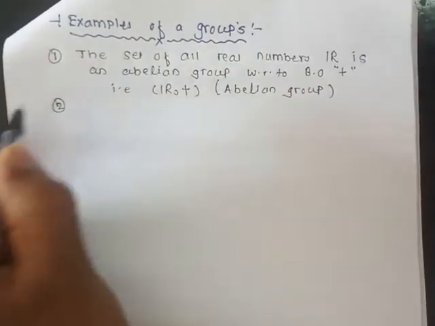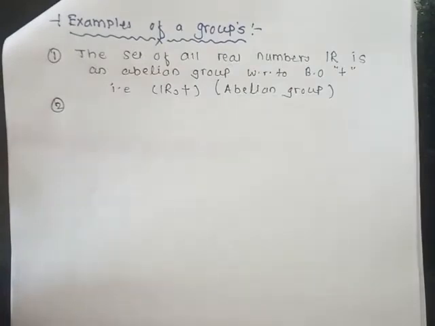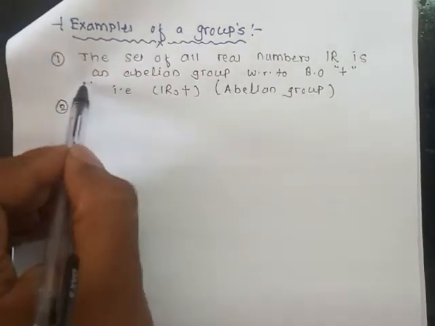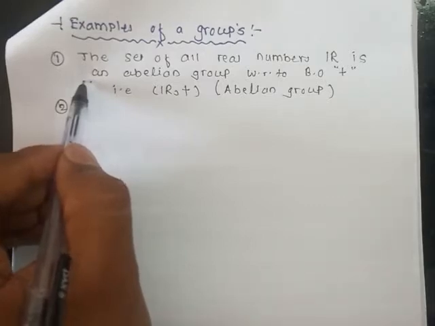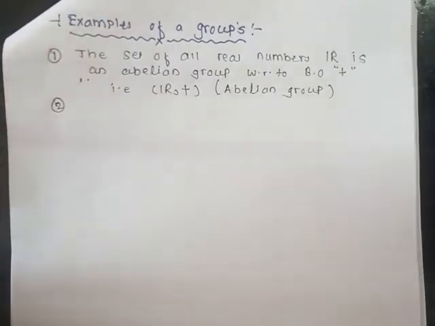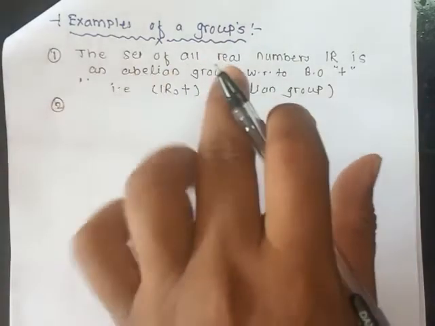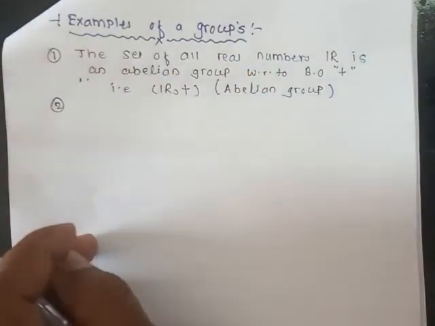So you can easily verify all the properties because we know that addition of any two real numbers is again a real number. Now what is the identity element? 0 is the identity element. If 2 is an element, then minus 2 is there, such that 2 plus minus 2 is equal to 0. So the inverse also exists, and we can prove the associative property also. So all these properties get validated in this example.